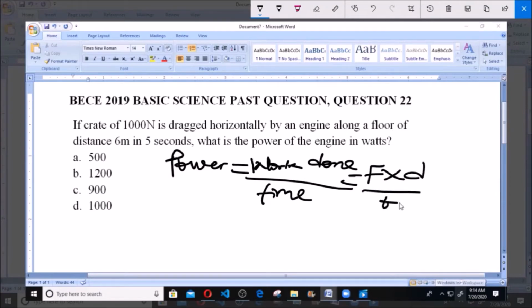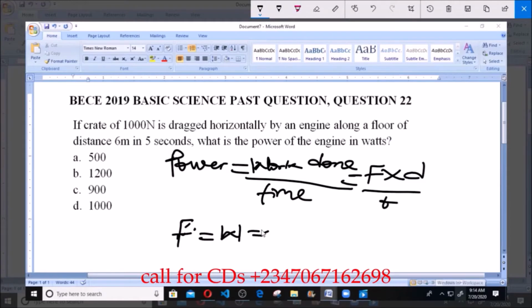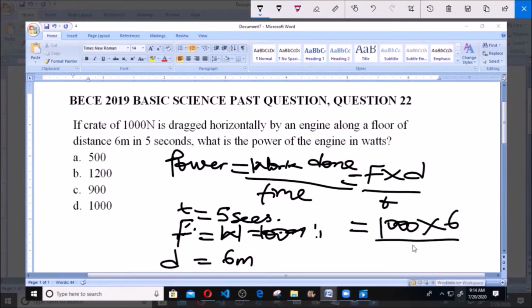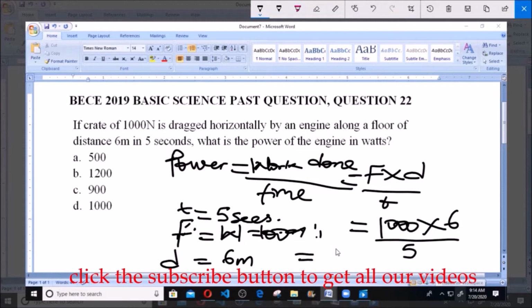And here they say a crate of 1000 Newton, so the force to overcome this weight will be equivalent to 1000. So our force F will be equivalent to the weight, which is equal to 1000 Newton. The distance D is equal to 6 meters, and our time T is equal to 5 seconds. Therefore our power will be equal to force, which is 1000, multiplied by the distance 6, all over time taken, which is 5. So we have 6000 all over 5, and this is equal to